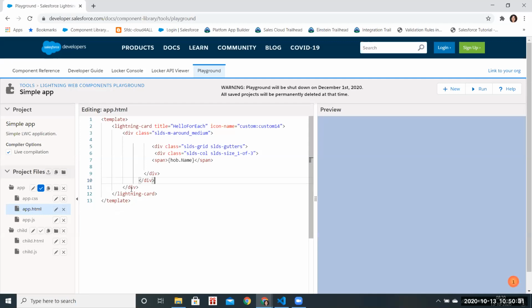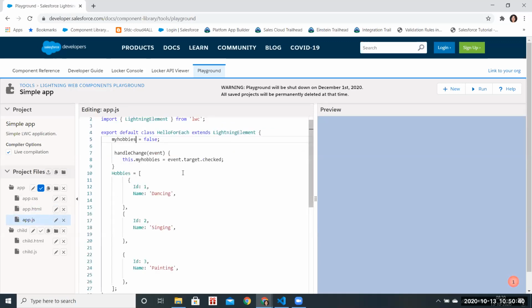Okay, if you go to your JS, now I want to just show hobbies in the HTML. How can I do that? First of all, this will not work.